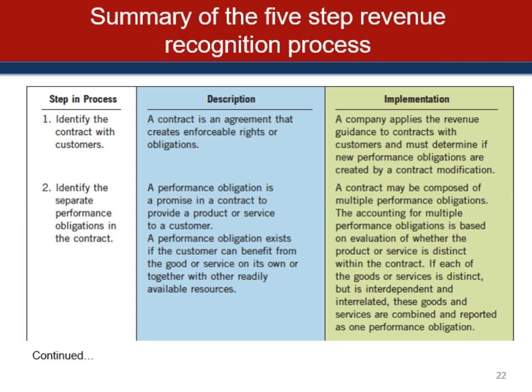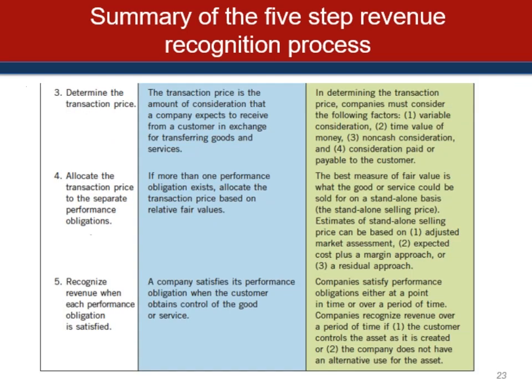So a quick summary is shown here. This is taken from the textbook. Identifying the customer, each of the steps: identify the contract, identify the separate performance obligations, determine the transaction price, and allocate that transaction price to the performance obligations based on usually fair value, and then recognize the revenue when each